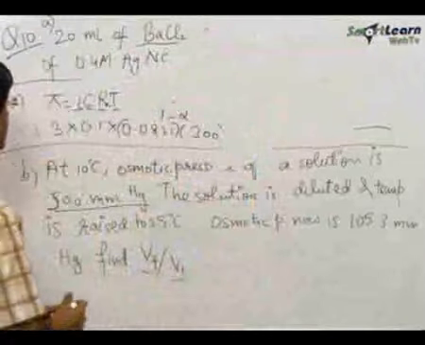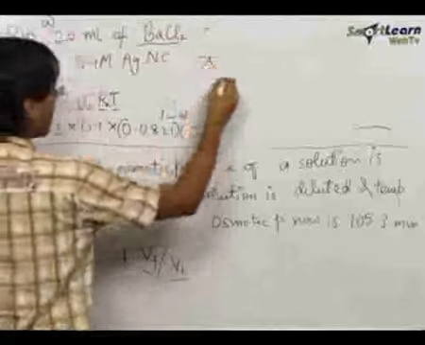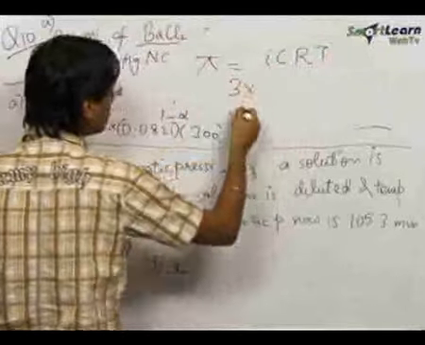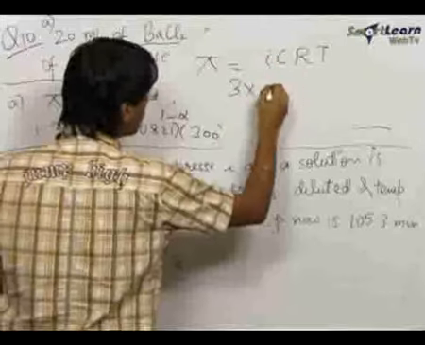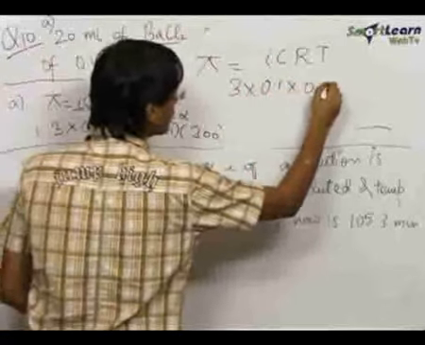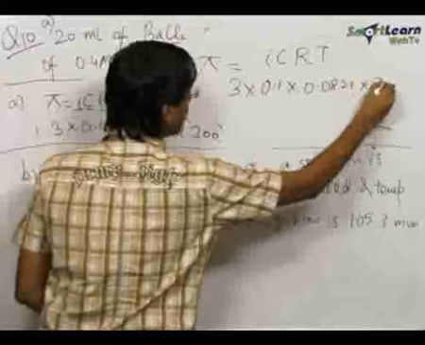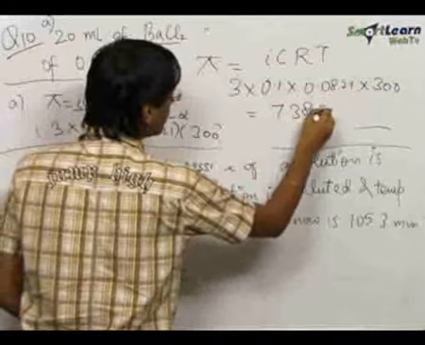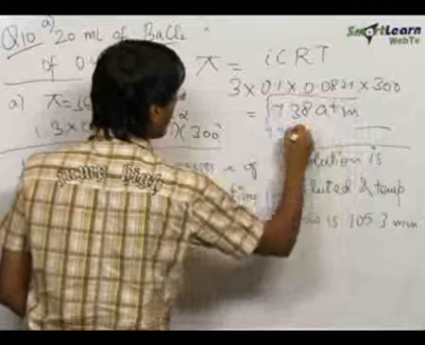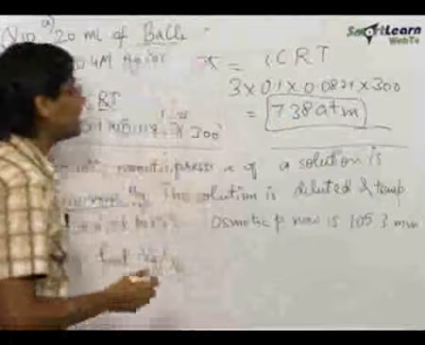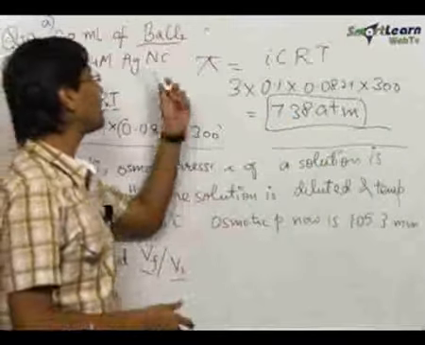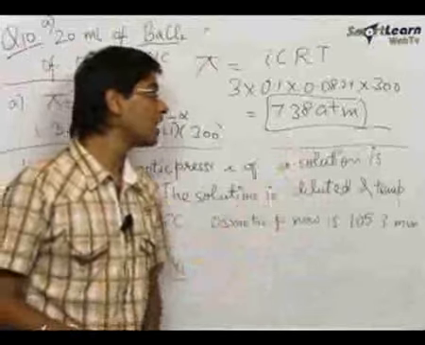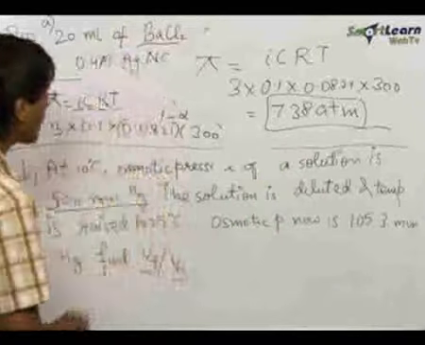On solving this equation, I will rewrite this equation again. This is iCRT, the i we found out to be equal to 3, molarity we earlier found out to be equal to 0.1 into gas constant 0.0821 into 300, which is the temperature, and this is equal to 7.38 atmospheres. And hence the osmotic pressure of barium chloride, assuming it to be 100% ionized, is 7.38 atmospheres. For the second part,